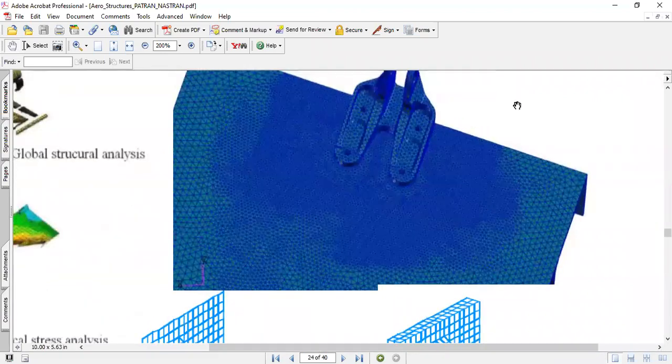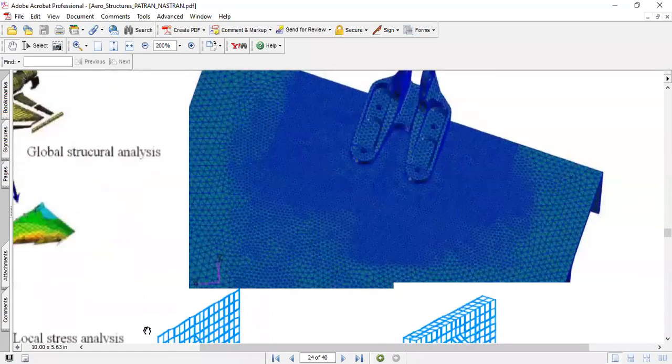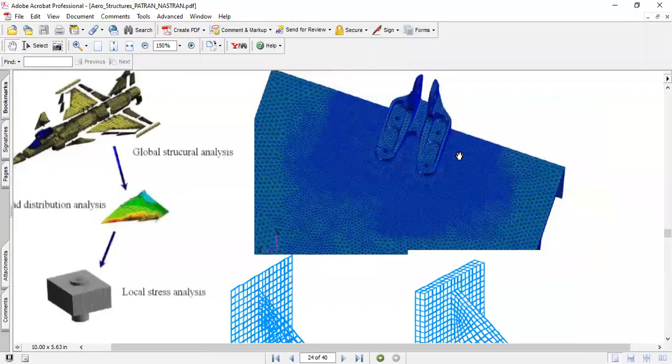If you notice, the mesh closer to the lug is very much refined, whereas it grows very coarse as we go outward. The reason for this is I was interested in the stresses that develop within this region and that are being transferred onto the lug. The lug itself is meshed with TET10 elements.